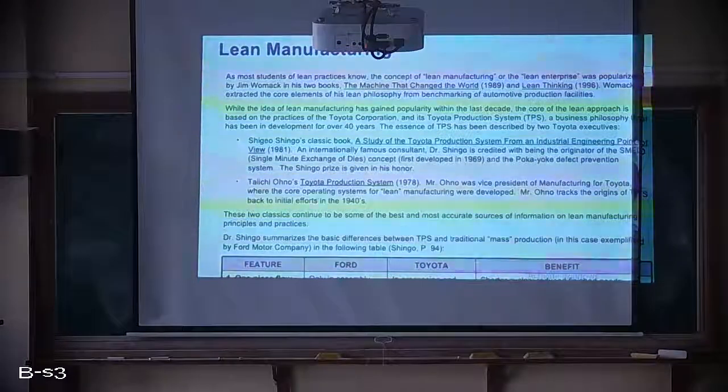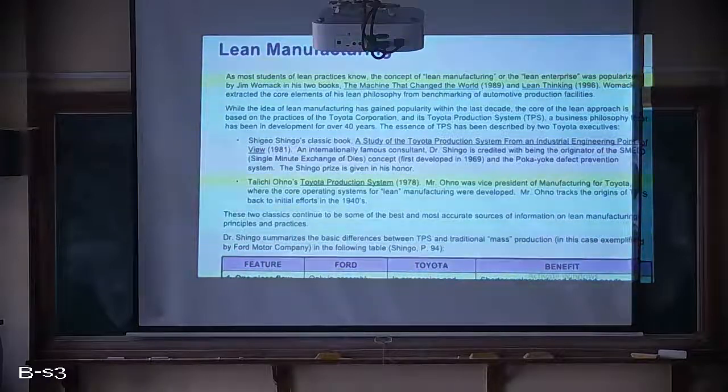And at Taiichi Ohno's TPS, in 1978, Mr. Ohno was vice president of manufacturing for Toyota, where the core operating system for lean manufacturing was developed. Mr. Ohno tracks the origin of TPS back to initial efforts in the 1940s. Of course, the contribution of these two is remarkable in terms of SMED or POKA-YOKE for lean initiative. These two classics continue to be some of the best and most accurate sources of information on lean manufacturing principles and